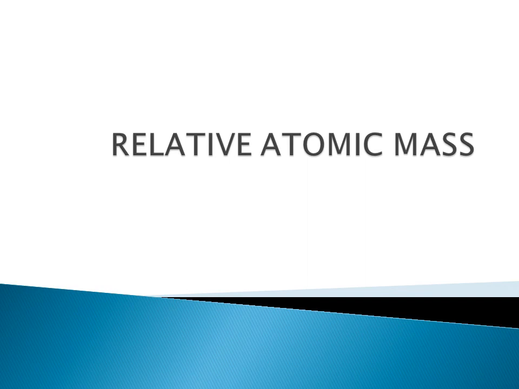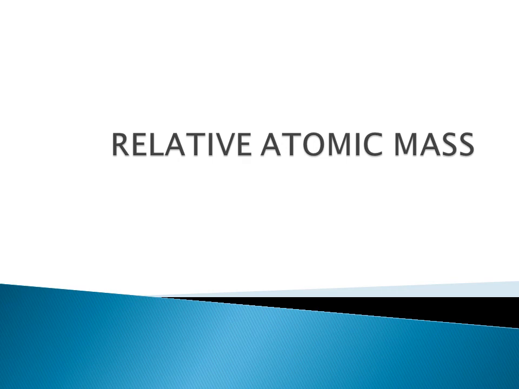The mass of a hydrogen atom is found to be 1.66 × 10^-24 gram, while that of a carbon atom is 1.9926 × 10^-23 gram. We know the SI unit of mass is the kilogram, and we usually express mass in grams and kilograms. As atoms are too small, these masses are too small, so it is not convenient to use kilograms or grams as units.